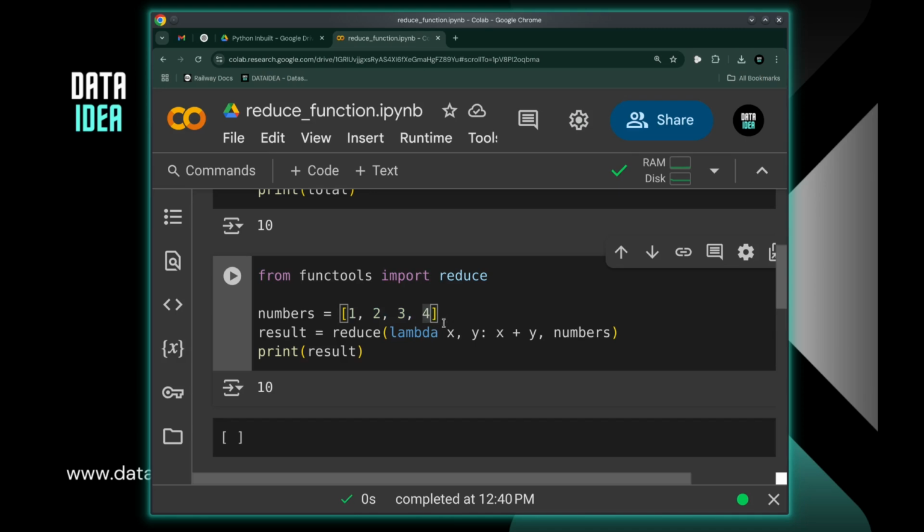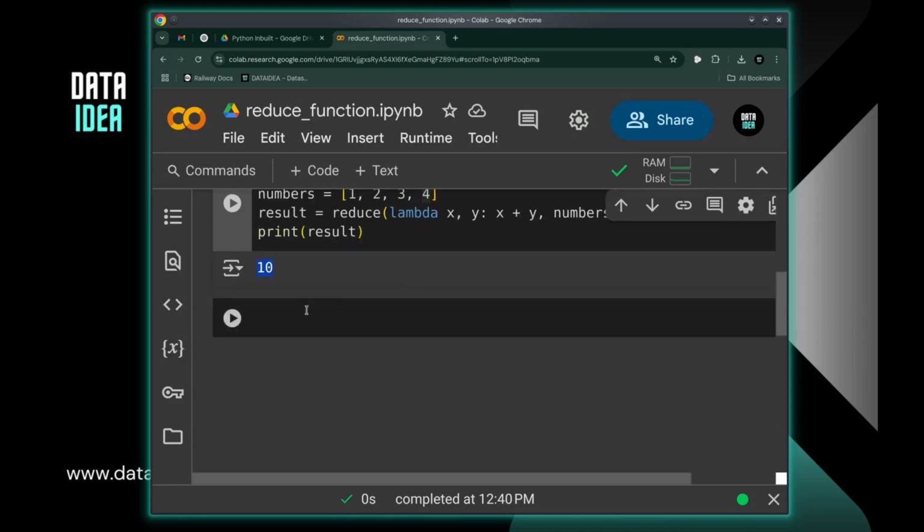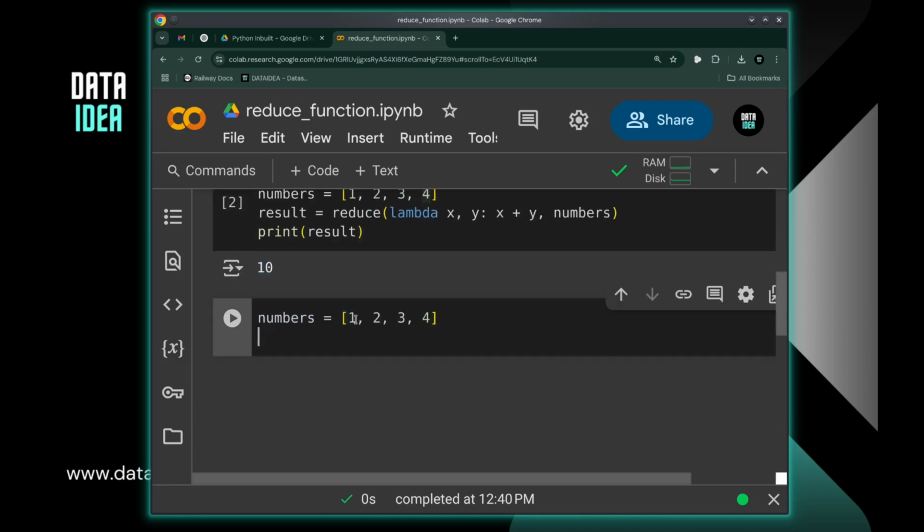Once there is only one value left, then the function will return that value. Okay, this is really nice. We can also use this to multiply. Okay, so if we have some numbers like this and we want to get the product of all the numbers,